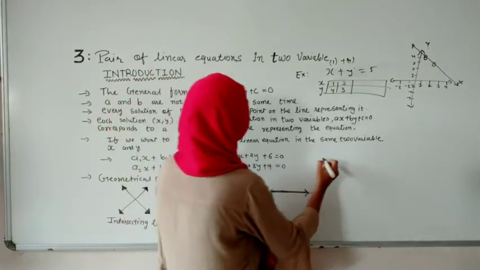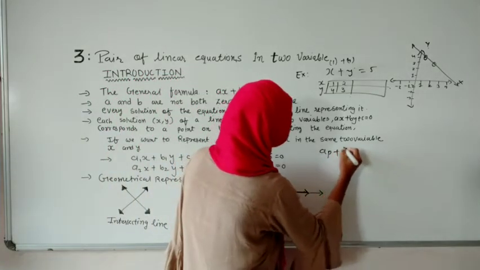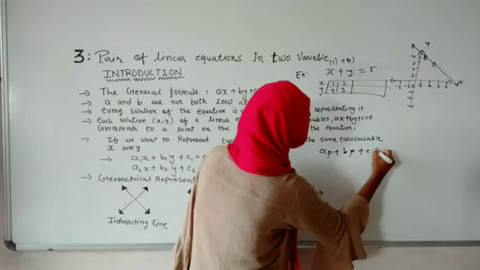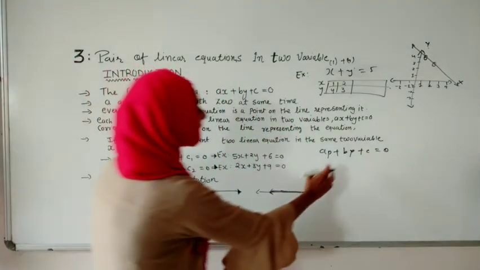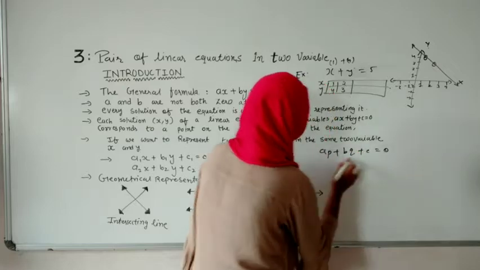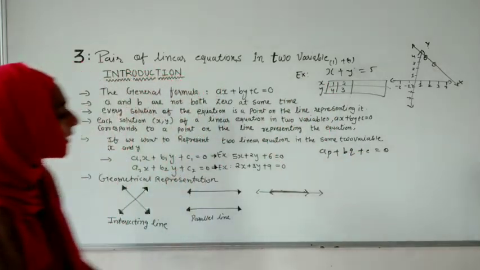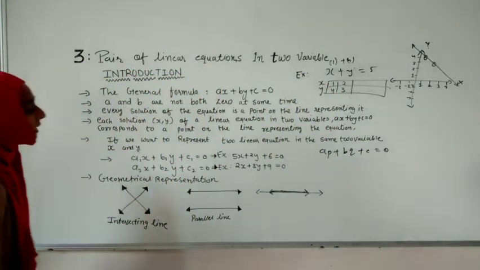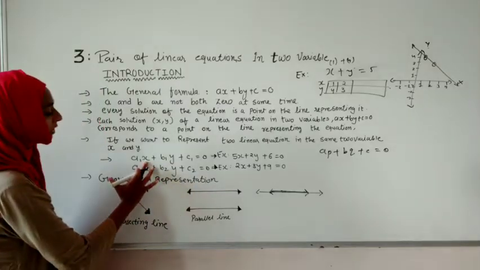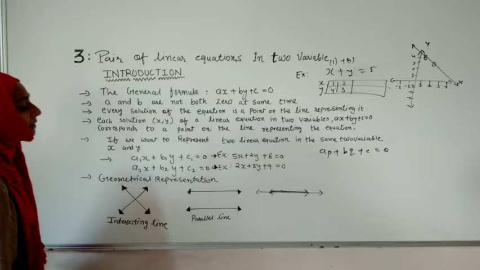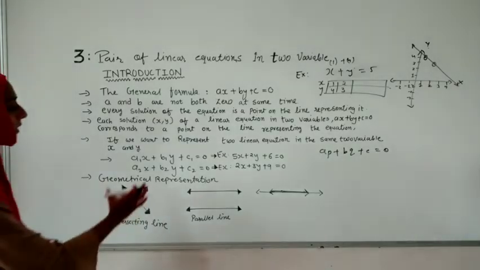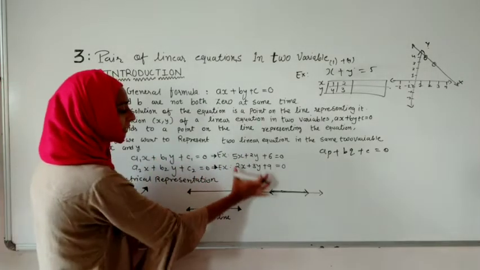But suppose you want to write it in the form ap plus bt plus c is equal to 0, then that is also okay. It is not compulsory that it should be in the form of x and y, the variable can be anything. But if I have decided that my linear equation will be only in the form of x and y, then all linear equations will look alike.